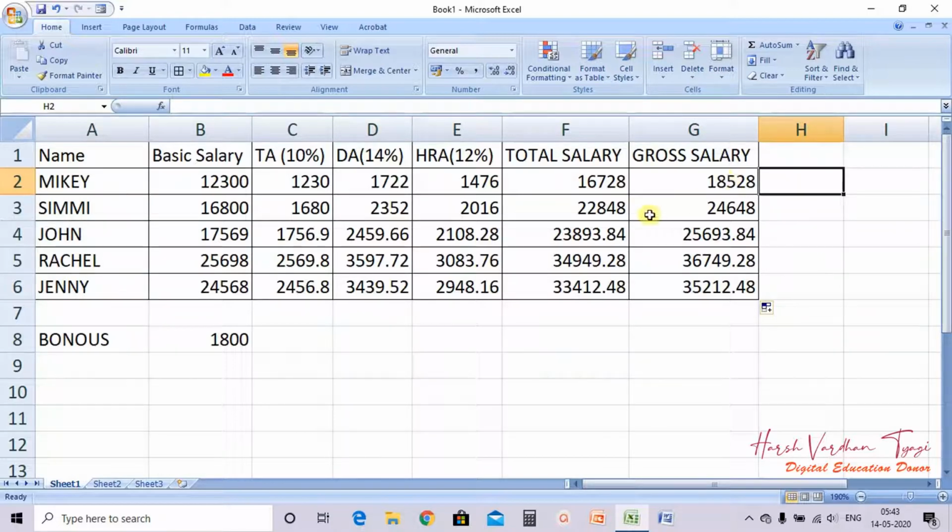Now suppose we want to display this gross salary the same here also in this cell. So what we will do, suppose we want to display this total salary in this cell and the leftover cells also, only this particular salary. So what we have to do, we'll use the dollar sign for both references. Take an example. Equals to